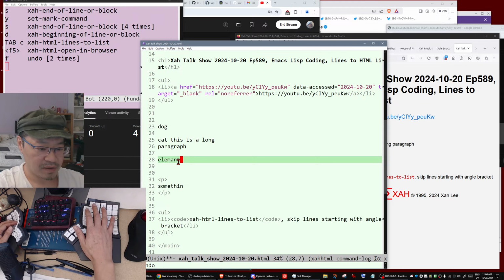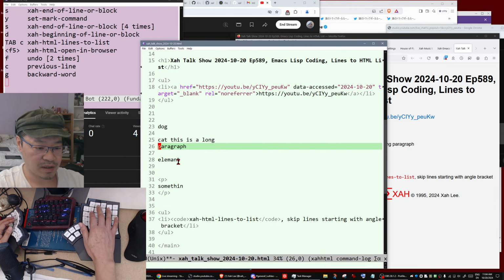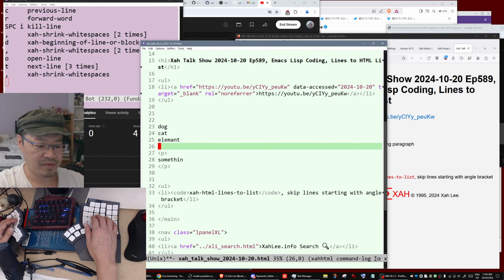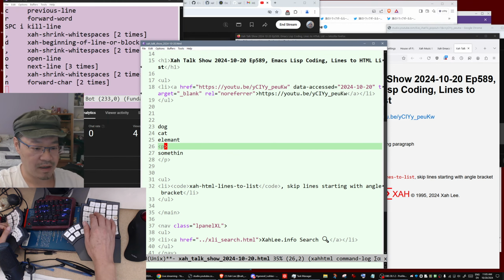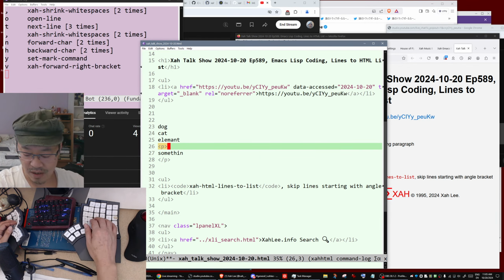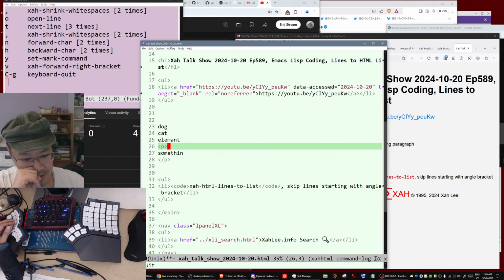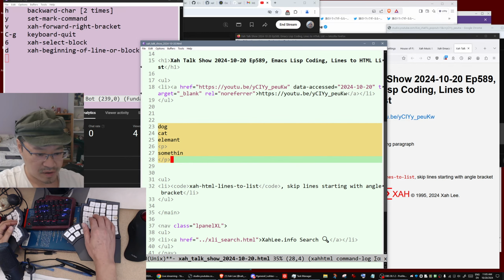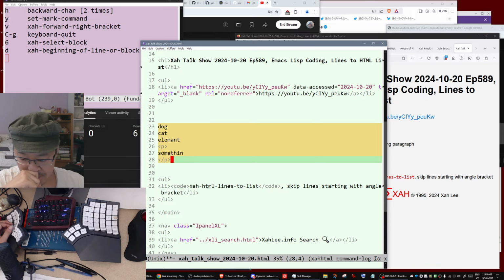So anyway, the problem I have now is I want to modify the command so that if a line starts with a markup HTML tag, it should consider that as a delimiter. So actually now we have a design issue. First of all, your code should grab all the empty lines, then